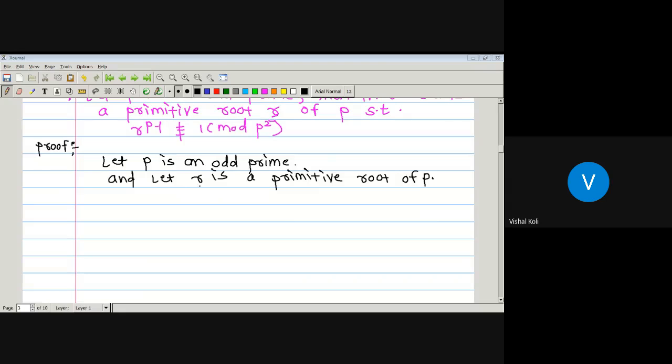But if suppose for this integer r to the power p minus 1 is congruent to 1 modulo p square, then we have to find one primitive root for p such that for that r to the power p minus 1 is not congruent to 1 modulo p square. Okay, so now if r to the power p minus 1 is not congruent to 1 modulo p square, then the proof is complete. Okay,